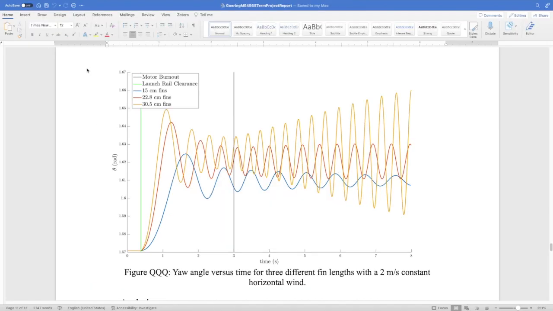What conclusions can we draw from this graph we have here? So the 30.5 centimeter fins are probably not a great choice. Over the course of 8 seconds, the amplitude of the oscillations doesn't get particularly large, but if the flight were longer, or the simulation ran for longer,